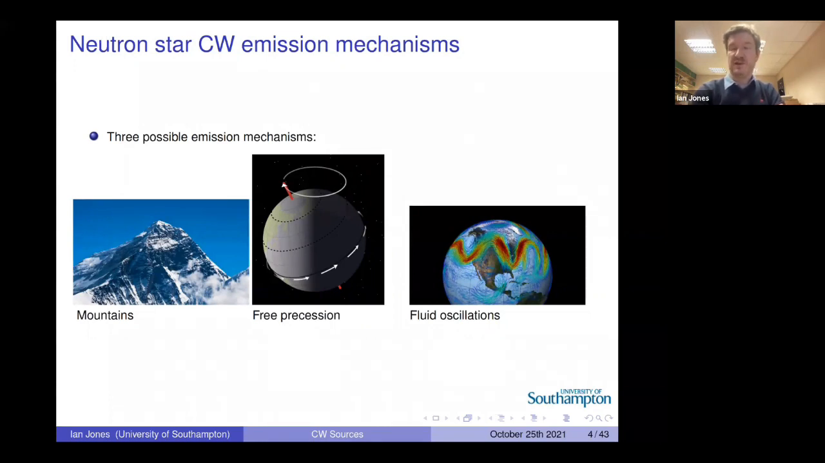There are many different sorts of oscillations, but maybe you've heard of something called the R mode. I'll talk about that later. That's a particularly famous and particularly important sort of oscillation that you could have in a rotating neutron star. Okay,